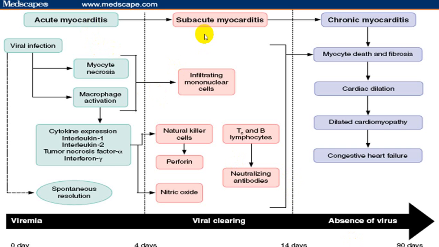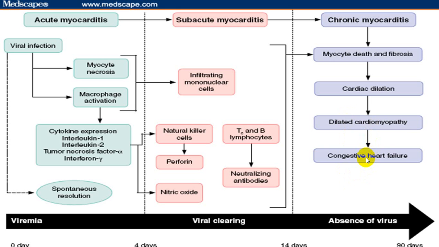So acute myocarditis, subacute myocarditis and chronic myocarditis. Usually in acute, there is myocardial necrosis, macrophage activation, and release of different mediators. Spontaneous resolution can take place. If there is no spontaneous resolution, it can go into the subacute stage, where there are infiltrating mononuclear cells or damaging cells like killer cells and release of nitric oxide, which will further end into chronic myocarditis, and which will end into what we call dilated cardiomyopathy, which will finally go into congestive